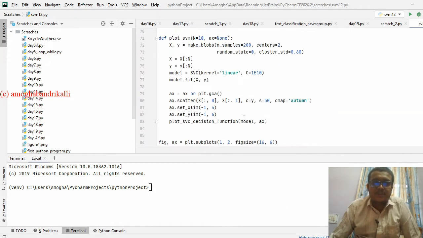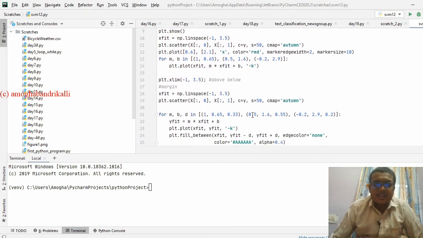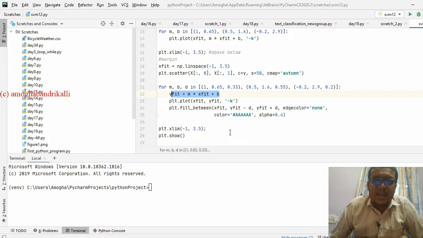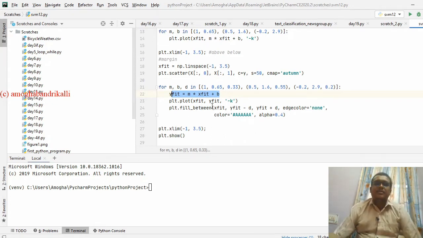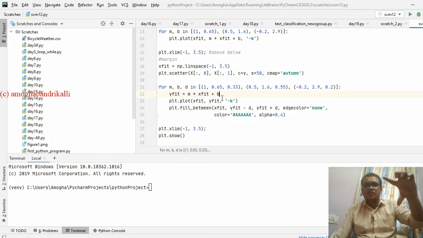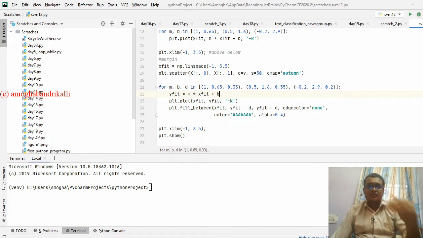Here, first we have generated linear data. In the linear data we have generated a hyperplane with the equation wx plus b, the same as for hyperplanes: hyperplane 0, hyperplane 1 and 2. So the lower boundary of a hyperplane, the upper boundary of a hyperplane. The lower boundary means the other class.